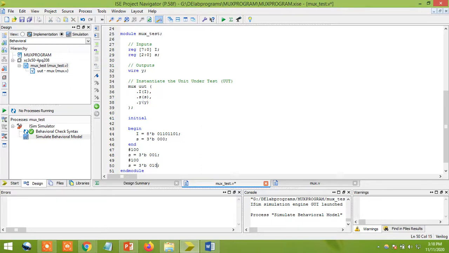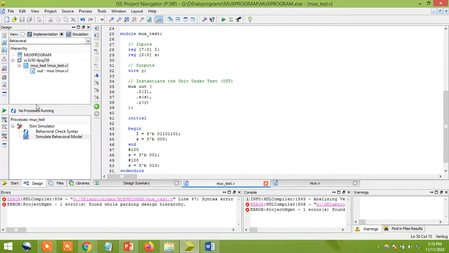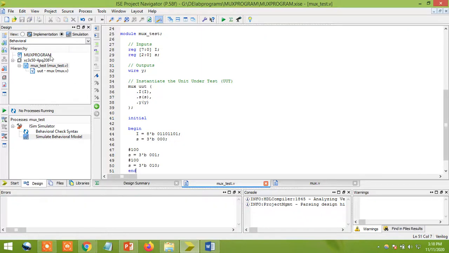So I want to display only these two conditions, so I'll check it out. Just save. But you have an end, just remove this end. After that you need to type, now you save. Okay, now simulate.